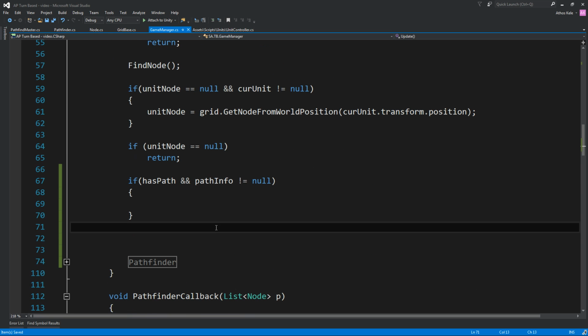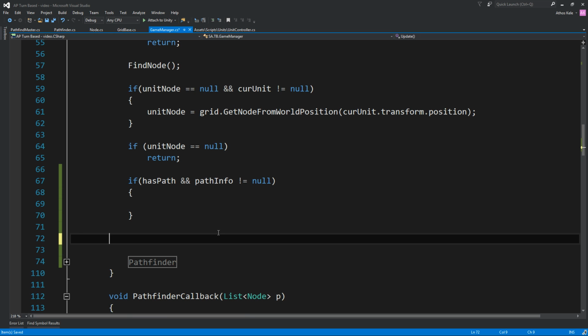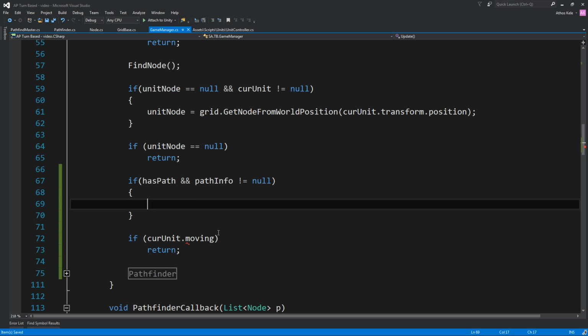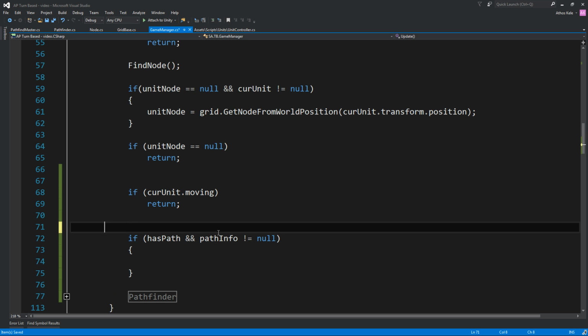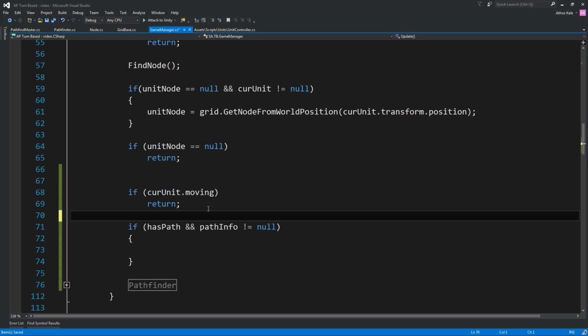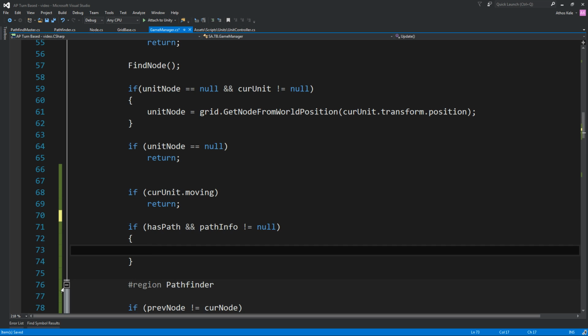And we can say over here if current unit not equals null, no, if current unit moving, return. Okay, and probably get all these two and add it in here. So basically this is not going to let any of the other logic run when your current unit is moving. And in here we can say if input dot get mouse button